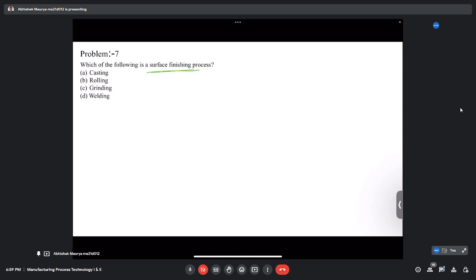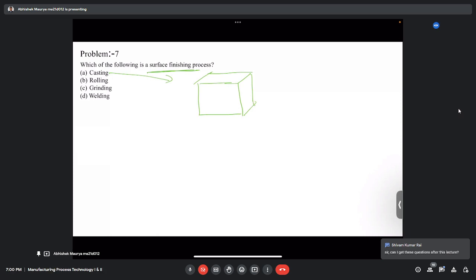So, we know what is casting. Casting is the primary process, and in casting we achieve the shape. We achieve the final shape and size, but we can't achieve good dimensional accuracy and